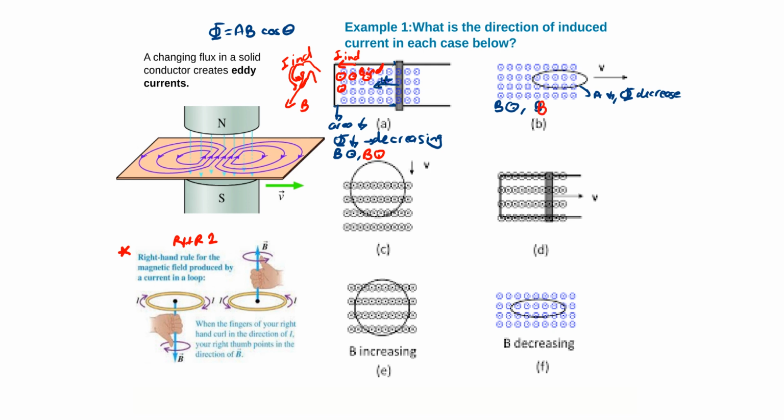This is Lenz's law. Then I'm going to use my right hand rule 2. The induced magnetic field inside this loop is out of the screen. The same thing here, right? I'm going to put my hand in a way that my thumb is out of the screen. Imagine this is out of the screen, and when I roll my fingers, here's how they will roll,